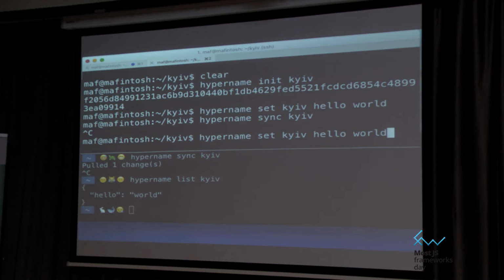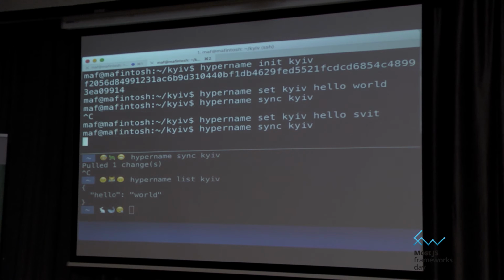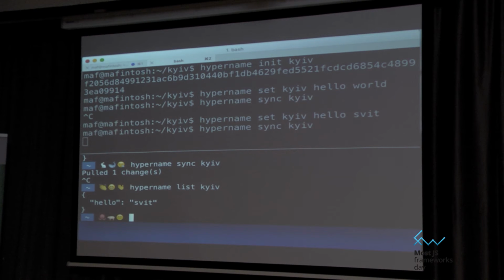And I can even override these keys and put in like how do you say world in Ukrainian? Is that tricky? How do you spell that? Translation of world to Ukrainian, yes. Dang, maybe this was too complicated. S-V-I-T. Like that? No, T. Kind of like sweet. All right, fair enough. Close enough, right? So I can even update keys, and then I can sync them again. And then it says hello, sweet.